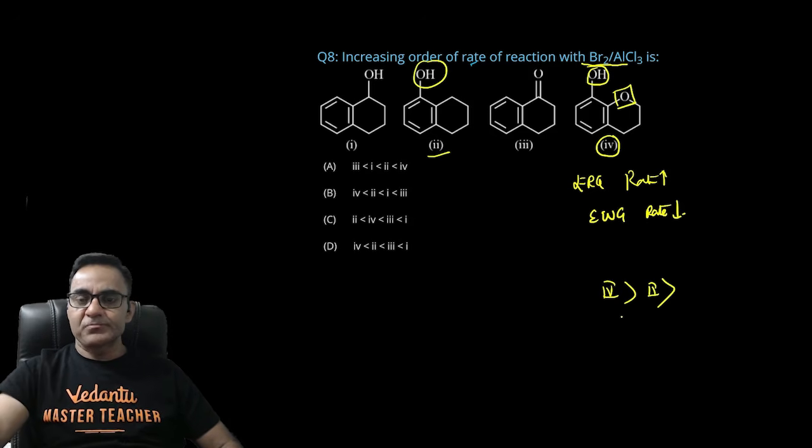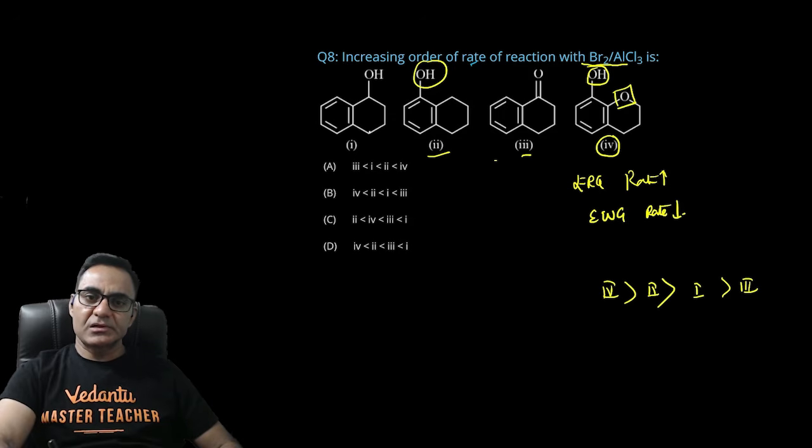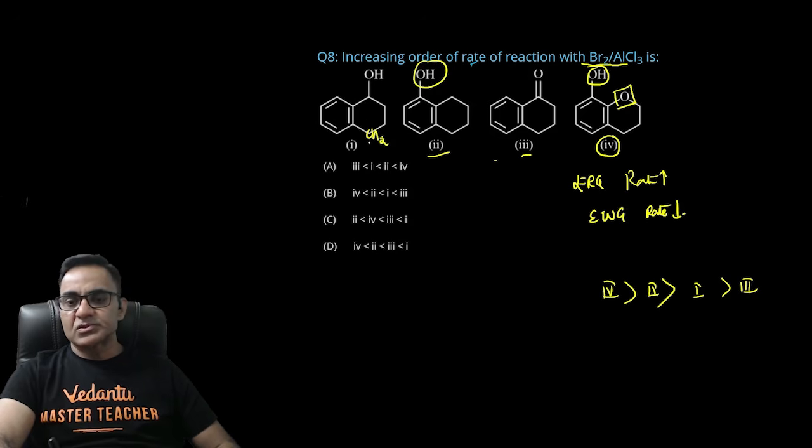फॉलोड बाय 2 क्योंकि यहाँ पे OH लगा है तो 2 हो गया, एक इलेक्ट्रॉन रिलीजिंग ग्रुप है, एंड 3 का मिनिमम हो गया क्योंकि इसमें इलेक्ट्रॉन विड्रॉइंग ग्रुप लगा हुआ है, और 3 के पहले 1 आ जाएगा क्योंकि यहाँ पे एक्चुअली डायरेक्टली इलेक्ट्रॉन रिलीजिंग ग्रुप ही लगा है। CH2 को मैं इलेक्ट्रॉन रिलीजिंग ग्रुप लेके चलूंगा, तो इसका करेक्ट सीक्वेंस हुआ 4 2 1 3। इंक्रीजिंग ऑर्डर में लिखना था इसलिए आंसर आपका A हो गया।